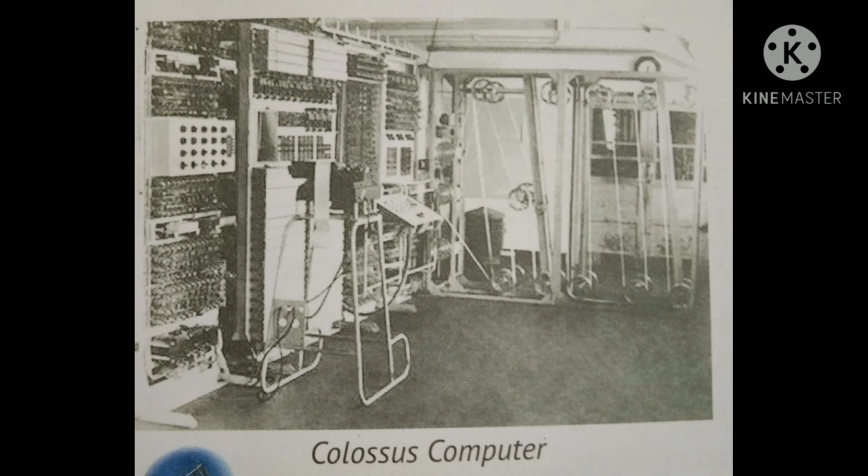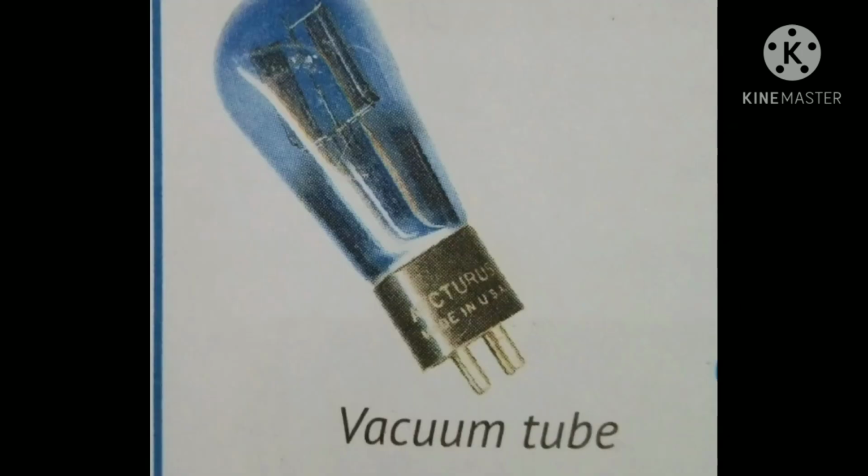First generation computers heavily rely on vacuum tubes. So, what are vacuum tubes? It is an electronic switch that can be turned on or off much faster than mechanical switches. Computer systems using vacuum tubes are considered the first generation of computers.